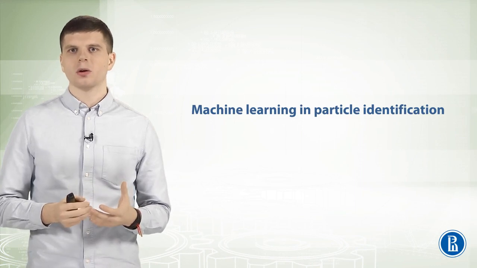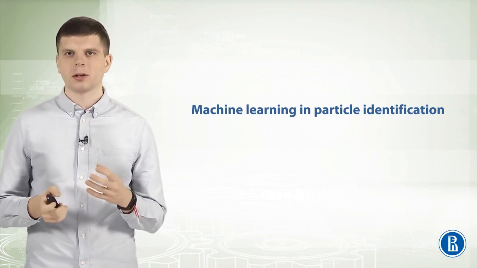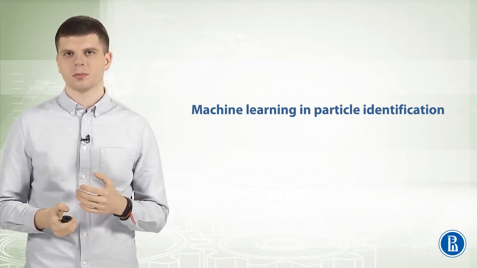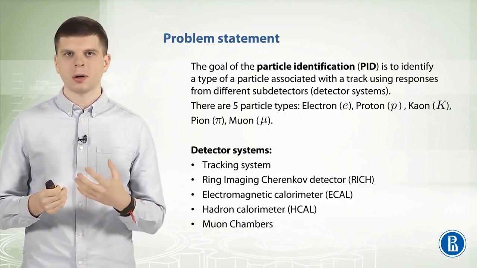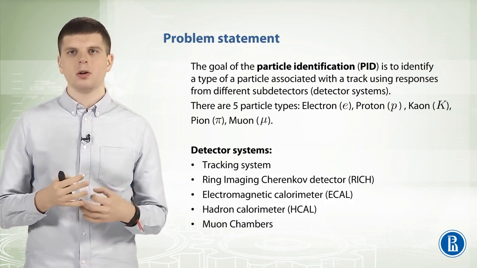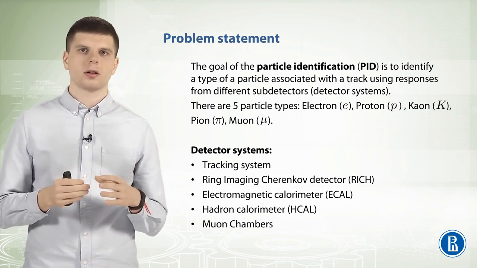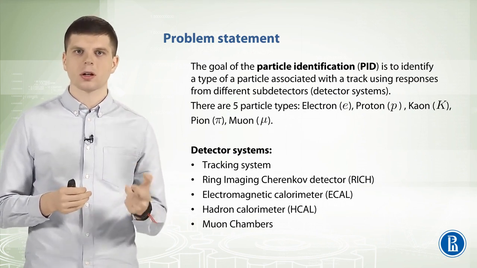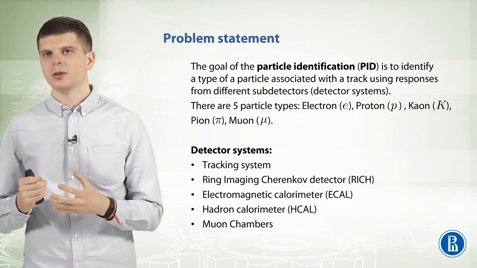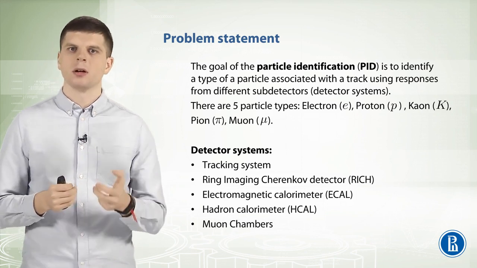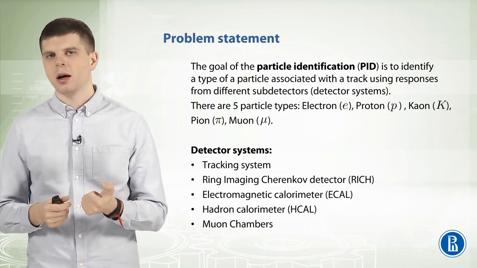In this video, we will talk about how to use particle responses in the detector systems for particle type identification. The goal of particle identification is to identify the type of a particle associated with a track using responses from different detector systems. There are 5 particle types: electron, proton, kaon, pion, and muon. And there are 5 different detector systems: tracking system, ring image Cherenkov detector, electromagnetic calorimeter and hadron calorimeter, and finally